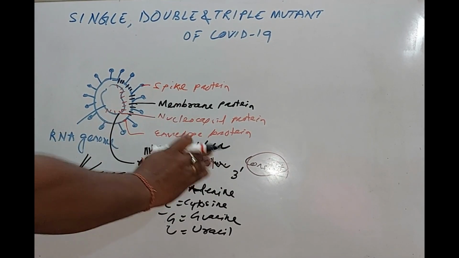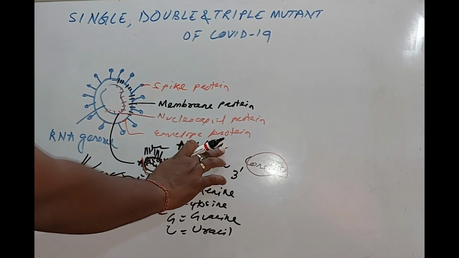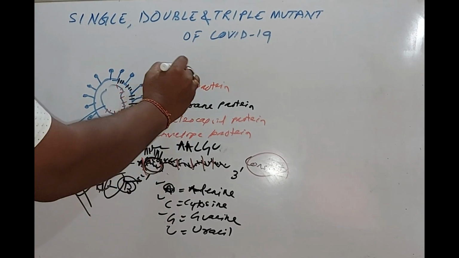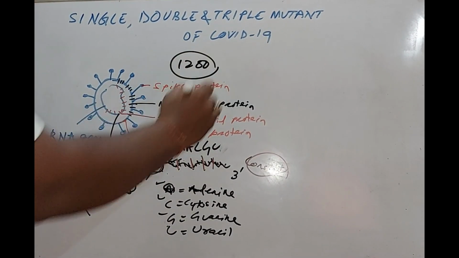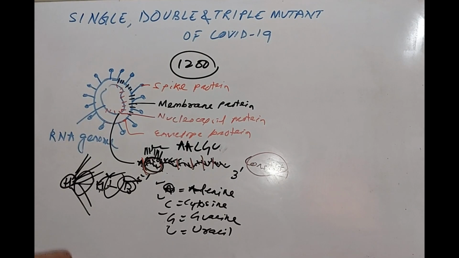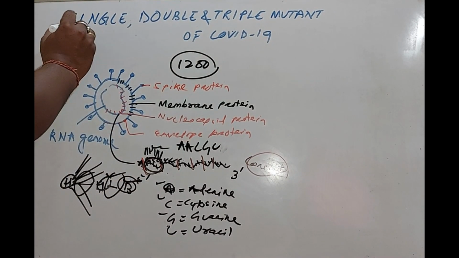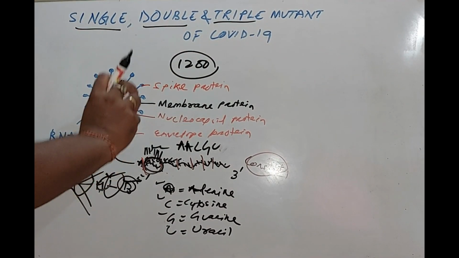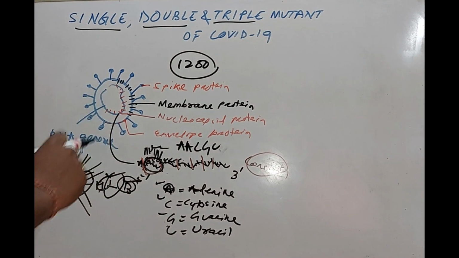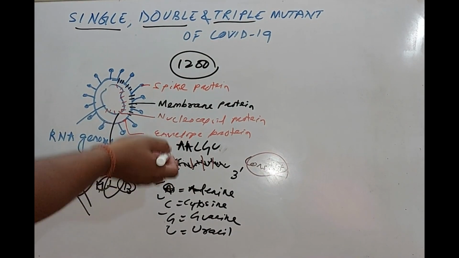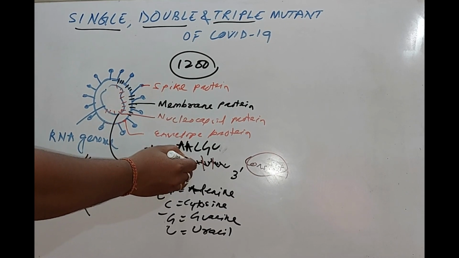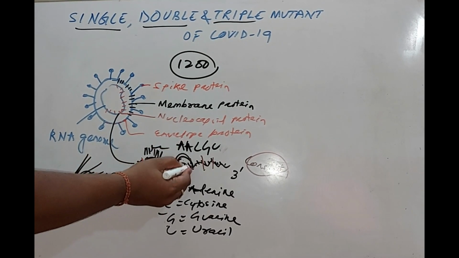Or by mistake, for example, it is now changed. Any sequence is going to be altered, and it is reported that nowadays 1200 mutations of COVID-19 are reported. But why are we emphasizing the single, double and triple mutant? This is the main focus today. And in these cases, if one gene is completely changing, if one sequence of the complete gene is